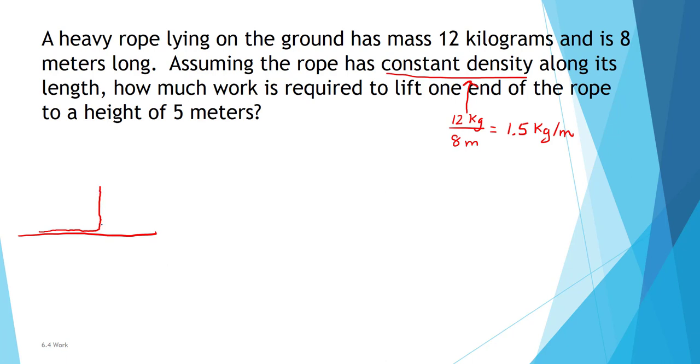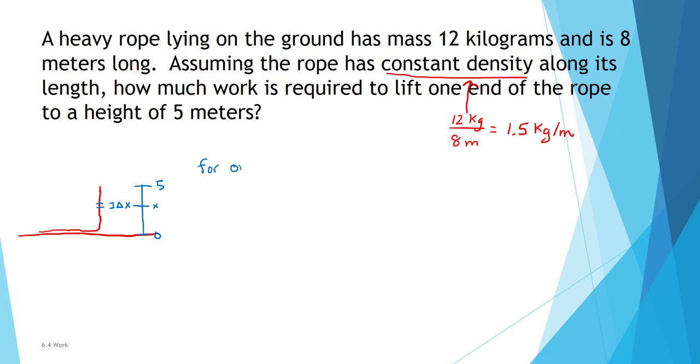So I'm going to split up the rope into small sections. Okay, so here's a little section of rope, and I'm going to say that the width of that section is delta x. And then I'm just going to put some axis here. I'm going to say that down at the bottom, this is x equals 0. Up at the top is x equals 5. And then the height of this slice is x. Remember, this is a variable because this slice can move up and down the rope.